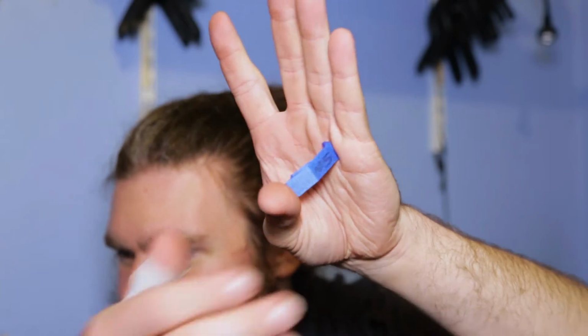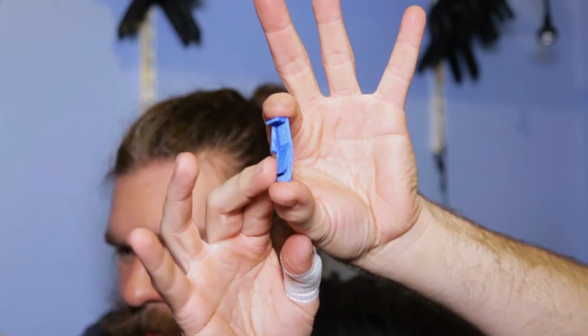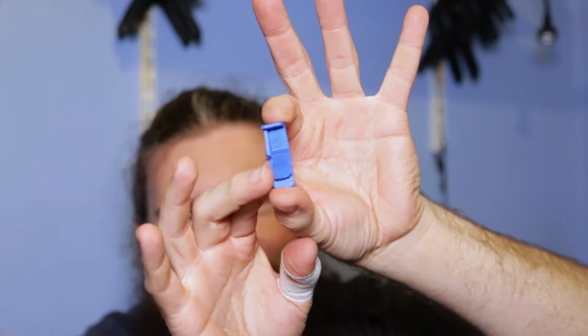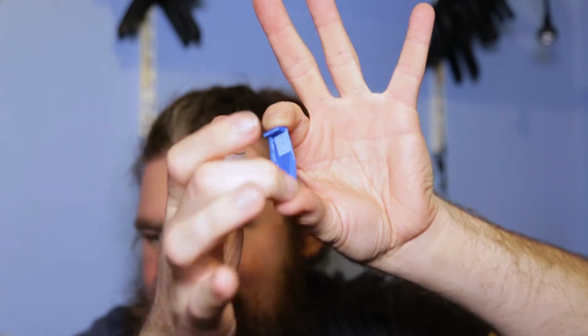There we go, version 5. So yeah, it came out pretty nicely, apart from when I was removing it from the build tack, I did accidentally delaminate the layers and it came off. So I then printed that again,